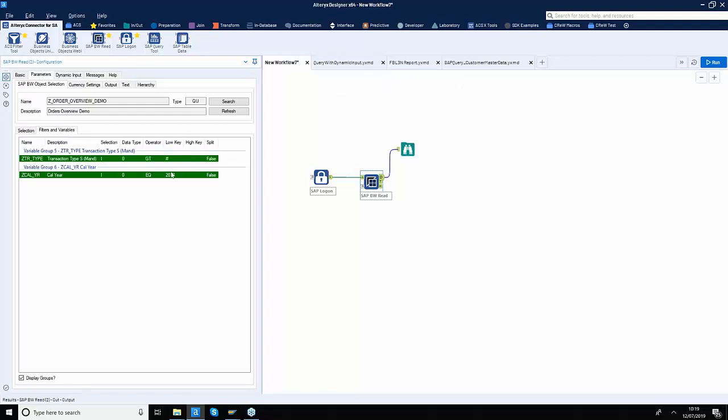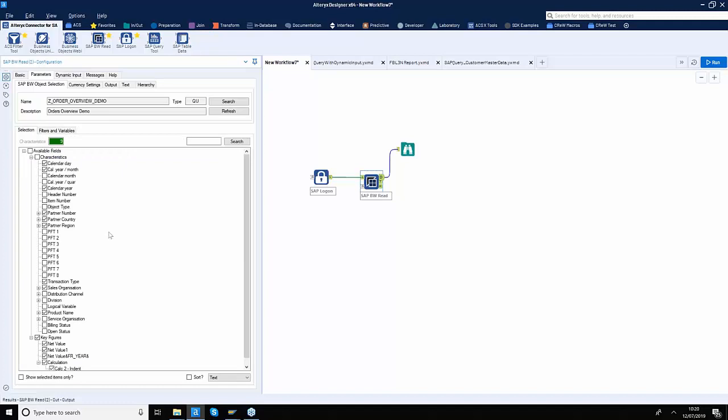But before I do that, I promise you that I'll show you how to get the master data text and the hierarchy. So let's focus on that for a second. Let's imagine that you want to get the partner reason text as a separate output so that you have that information cached for some other purposes. Or you can also do a join between the partner reason key coming from this output and the partner reason text coming from the T output.